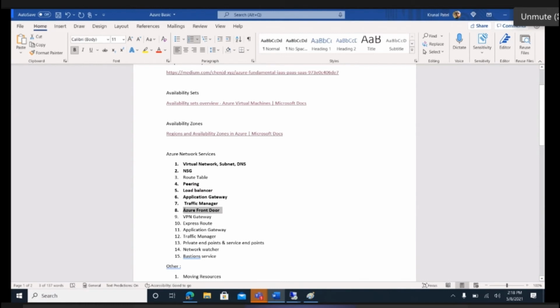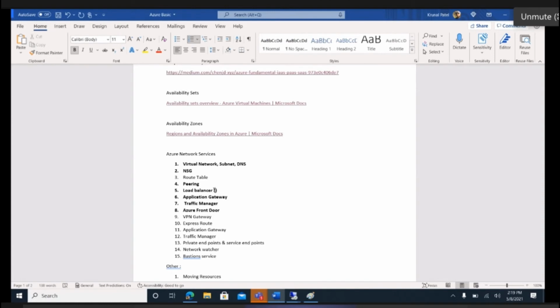We will not be able to perform practicals on the application gateway and traffic manager because we need to configure and deploy all the things. But in my account, I have already deployed the load balancer and Front Door. So I will show you how each and every service differs from the others.